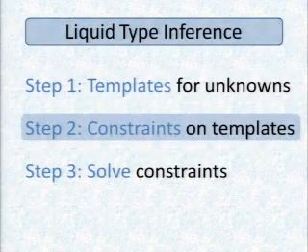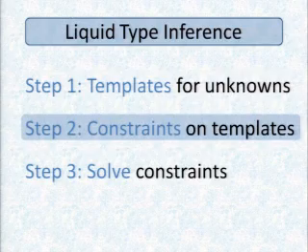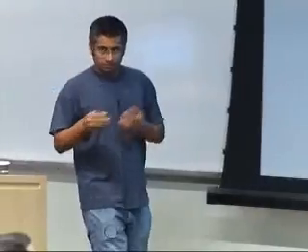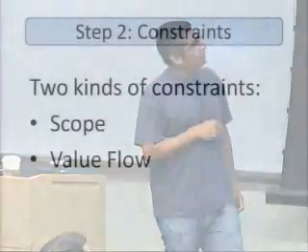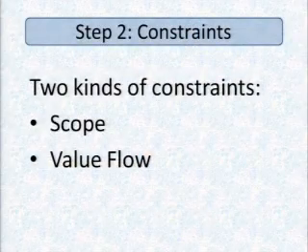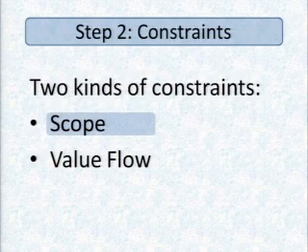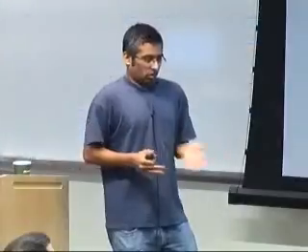Templates: sum, K1, K2, these are just variables. Now in the second step, what we're going to do is generate constraints on these templates, on K1, K2, etc. And it turns out there are two kinds of constraints. The first are scope constraints that tell you what predicates can actually stick in here to start with. Does it make sense to even talk about a variable z, which hasn't been defined in the program?